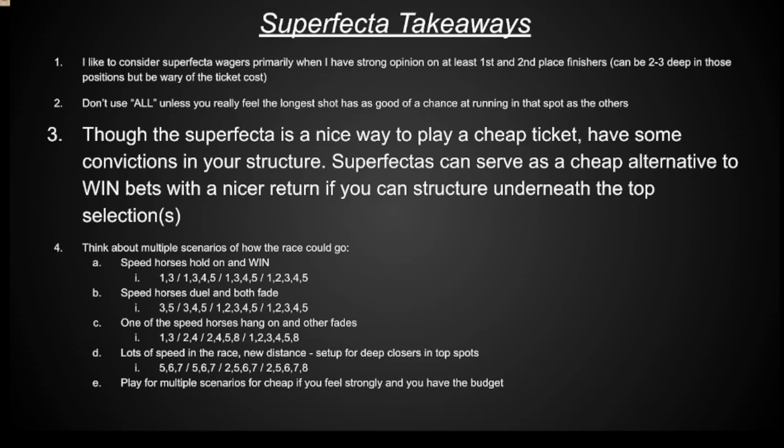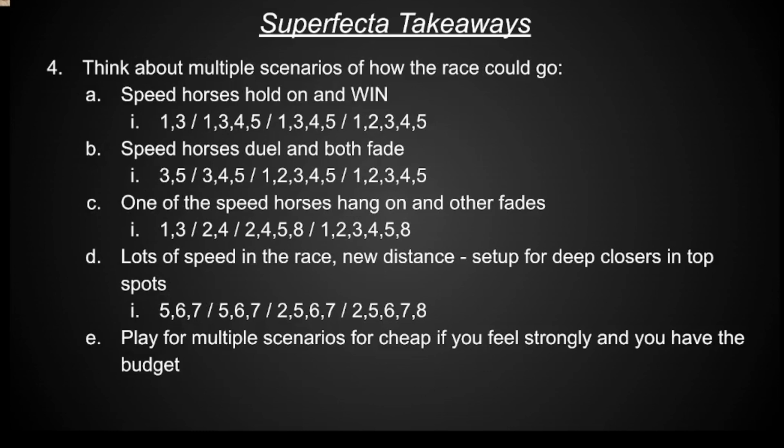Maybe hit it for $1 straight where you have the favorite with the second choice, but you play it for $1. Just play around with it. Look at your odds and consider how you want to bet. Maybe an exacta is the right play, maybe a trifecta, maybe you don't have strong feelings on third and fourth place. So just think about that. They are cheap alternatives to those win bets, but only if it makes sense. So see what works for you.